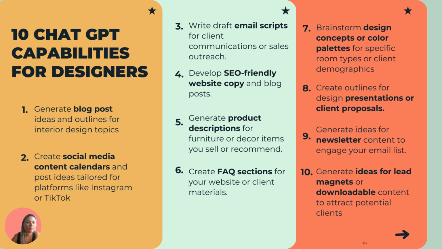All right. So, number one, it can help you write outlines for blog posts and then actually write those blog posts. Number two, it can create social media and content calendars, literally spreadsheets with hashtags and captions and what to post about. It can build those all out for you when you provide it with the context about what you do and who you do it for. Number three, we got draft email scripts for client communications and sales outreach. It's very great at writing email funnels, rewriting your emails so that they sound better. All of those things it can help with.